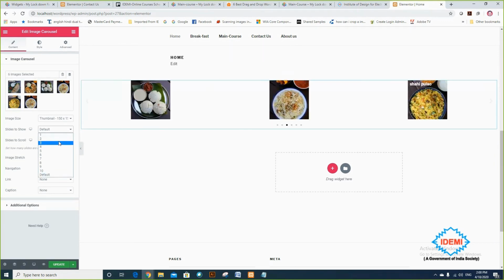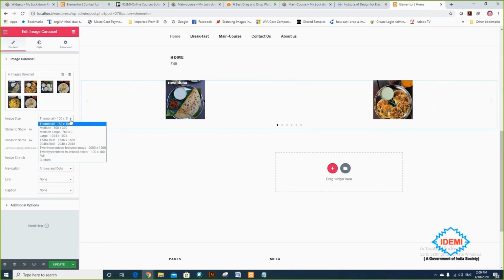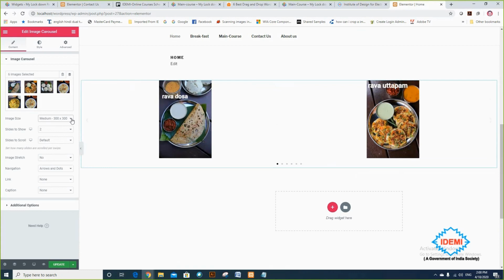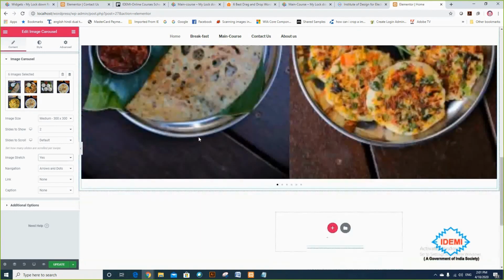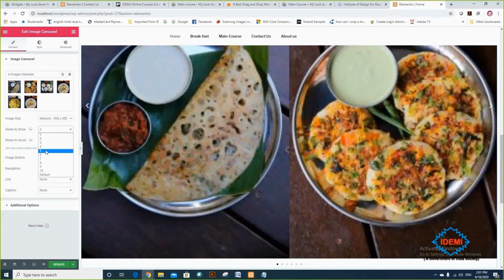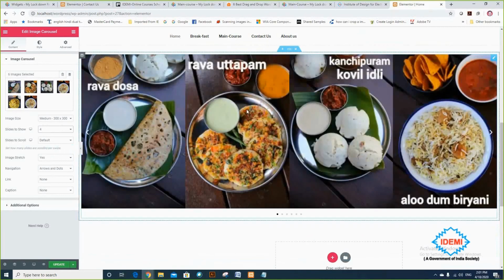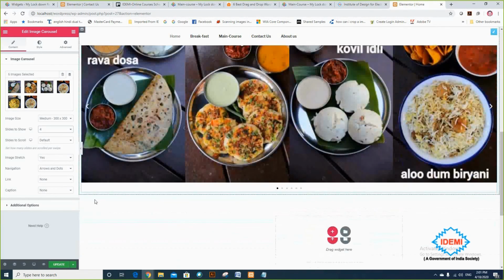So you can generate a slideshow for 2 images at a time, and if you want a medium image size of 300 by 300, you can shape it accordingly. If you want to stretch the image, it will stretch the image and display the information accordingly. So I'm now putting in all 4 images, and it will display the slideshow for the same. So otherwise,